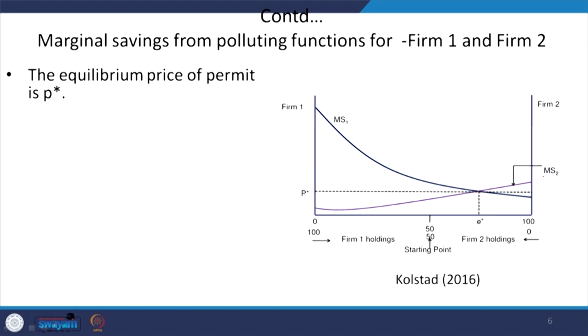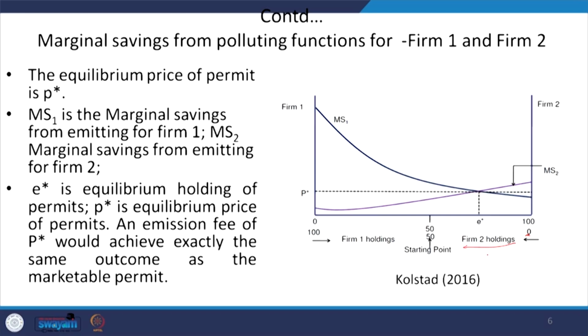For the first farm, farm 1, the initial point is from 0 till 100. For the second farm, where we have depicted this marginal saving MS2, the initial point is starting from here, it is 0 here, and it goes on till 100. So, in this exercise